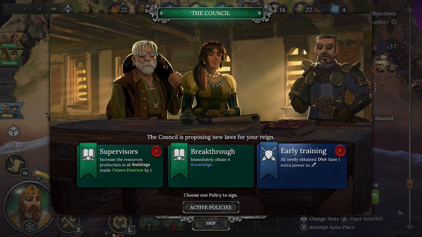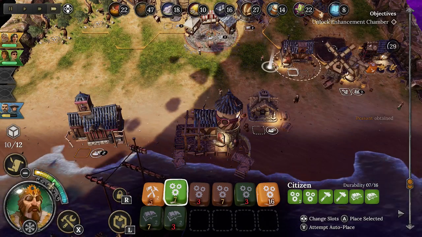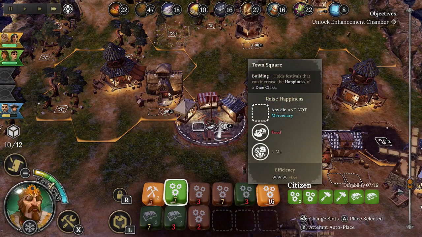All newly obtained dice have 1 extra power to attacking. Immediately obtain 4 knowledge. Okay, let's just go knowledge. I want to show off some of that tech tree stuff. Yeah, there's quite a few things going on here. All right, so now